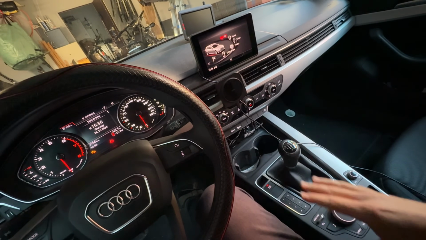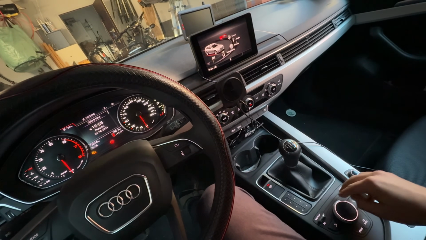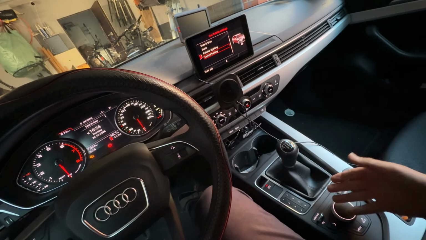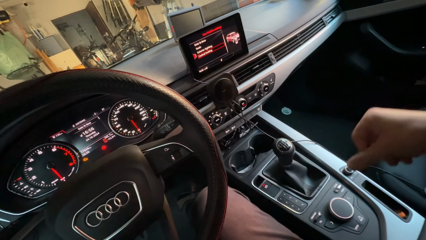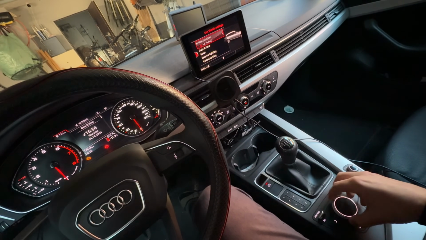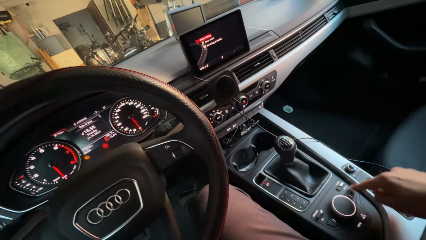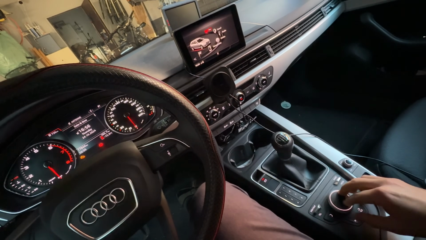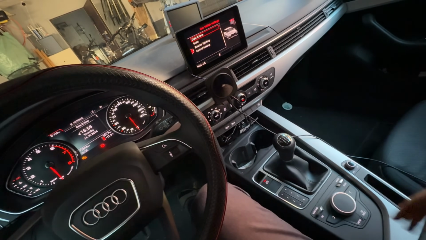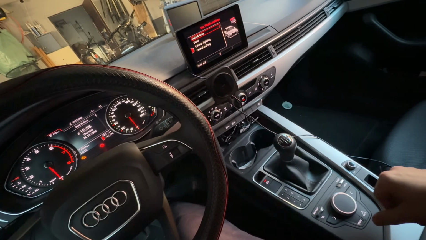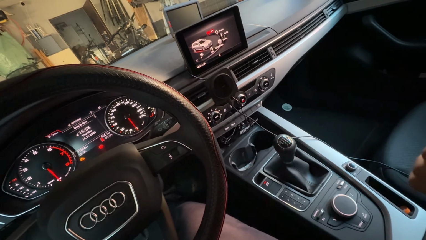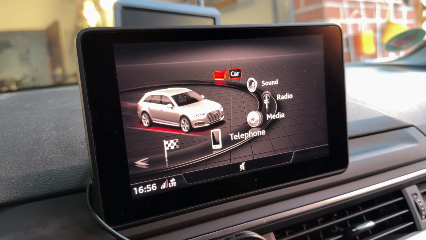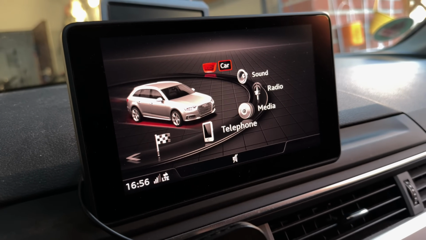To navigate in this system, ignition should be on. You can use this device here. This is a joystick. You can go up and down. You can agree or go to the settings by pushing it down. You can go left, right, up and down with that button too. Left button, right button available. And of course, you have here a back button that means go one step back. Or if you are somewhere deep in the folders, you can go to menu, then you're back in business on the main screen.